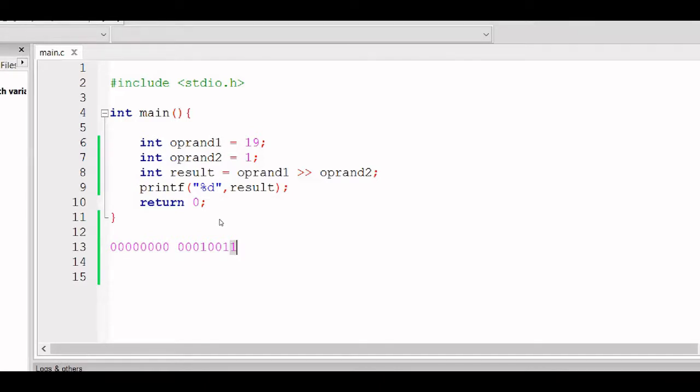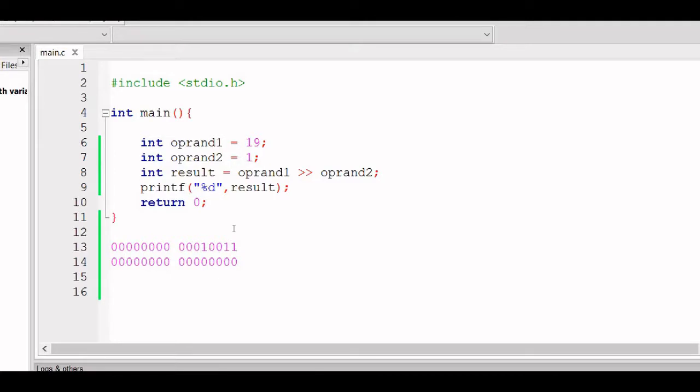We shift the bits from left to right. So this would be shifted right, but as you can see there is nothing on the right side, so this will be replaced with 0. And this 1 will be shifted to right,